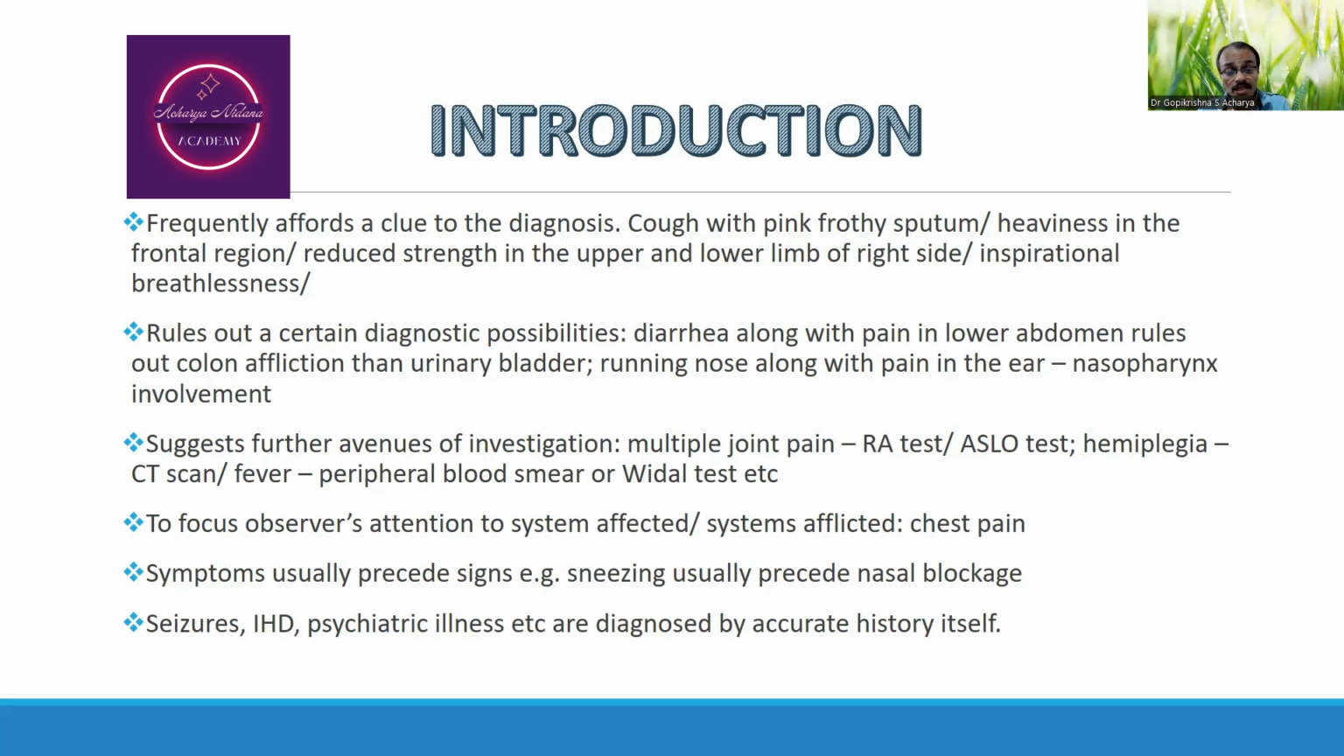To focus the observer's attention to the system affected or afflicted. In the sense, when the person presents with chest pain, the most probable causes of chest pain are respiratory disease, cardiac disease, alimentary canal disease, musculoskeletal disease, and neurological disease. So, when the person presents with chest pain, these are the 5 system dysfunctions the clinician will be looking into